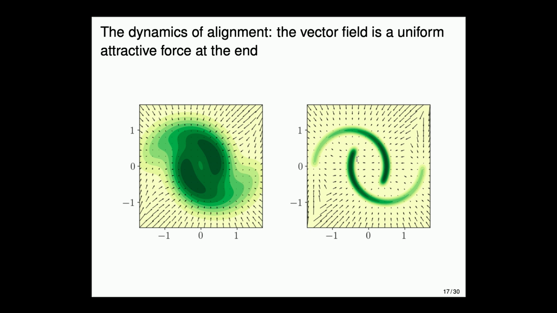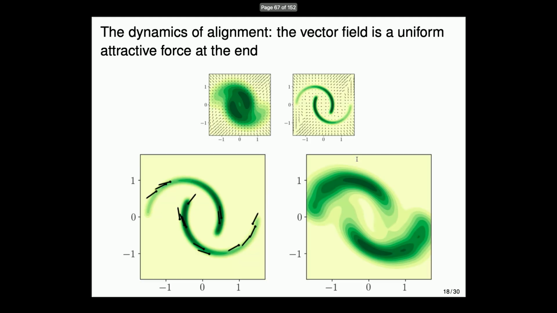So that's why this explains our picture. Some of the stuff about the dynamics is evident here. These are the directions of the score at the initial time. These are the directions of the score at the final time. You can see that there is a strong contraction towards the manifold. This makes S_t dot E_t go to 0 actually. And then you get alignment, which is shown here because these are the directions of E which seem to be tangent to the manifold.